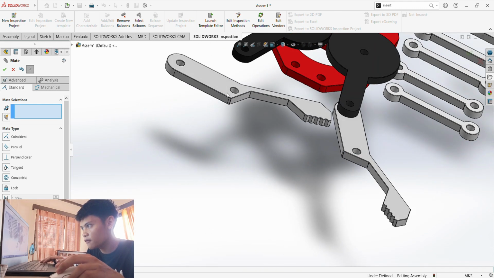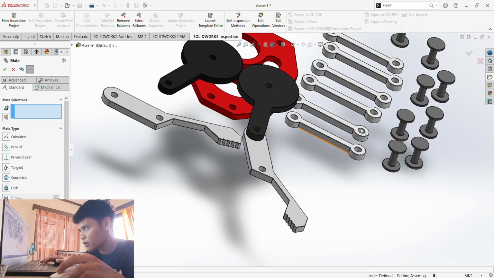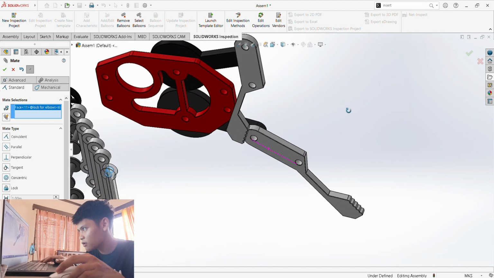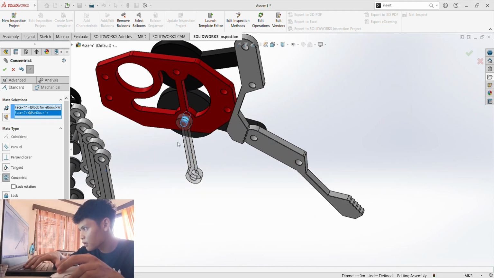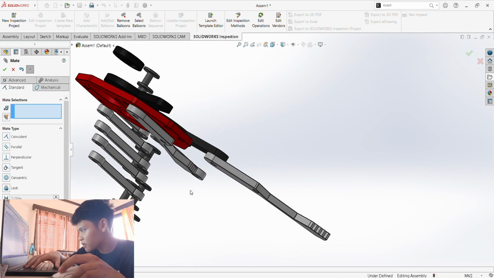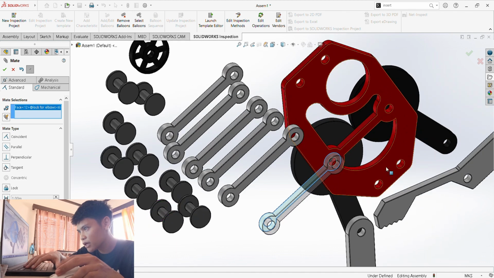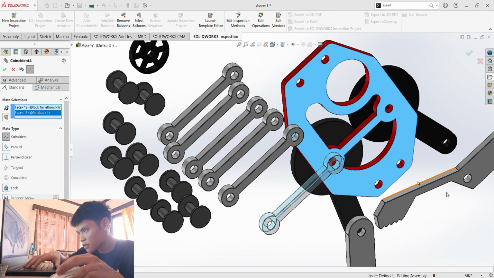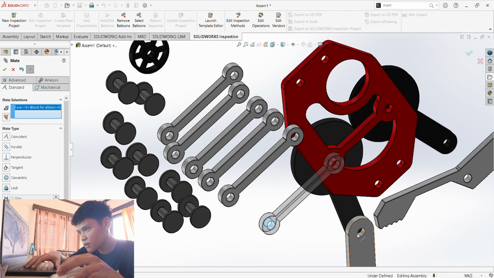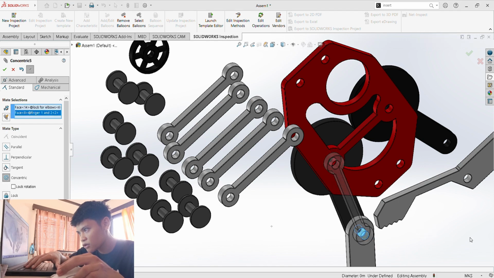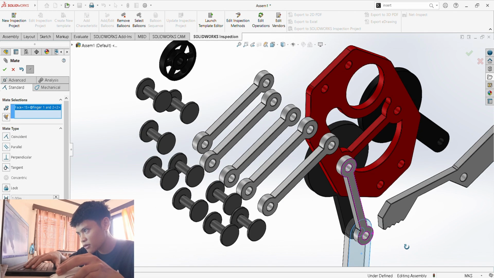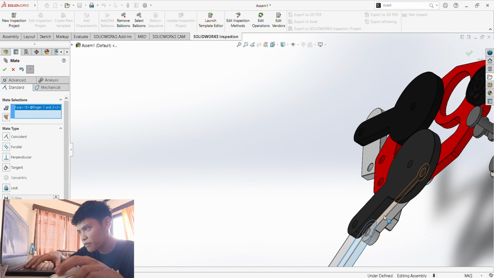Then we have to make this one and this one right here, enter. Then the surface should be coincident with this one right here, check. Make sure this is concentric with this one. This one should be coincident with this one, surface of this elbow.